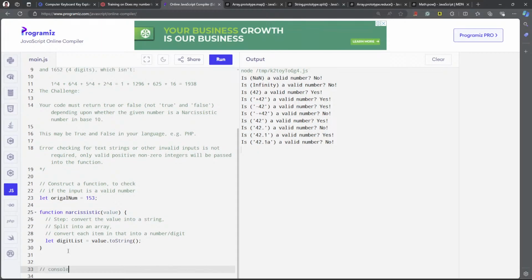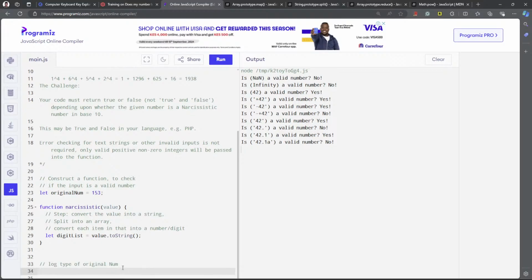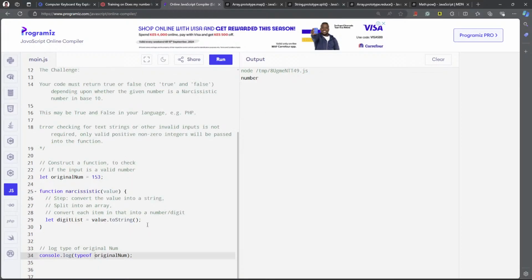So console log the type of original number, original. So if I check the type of this number, okay, so console.log original num. If I check its type of this one, it should be a number, right? It is a number. But now if I check the type of this one,